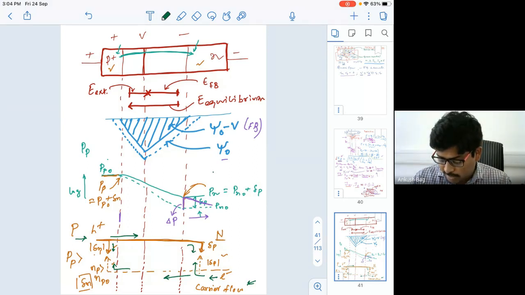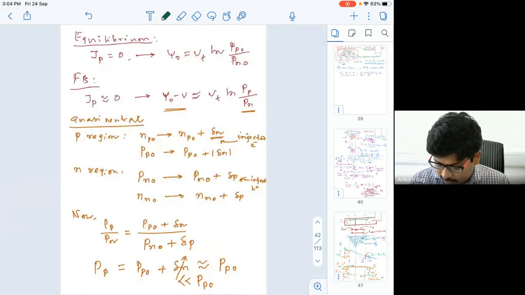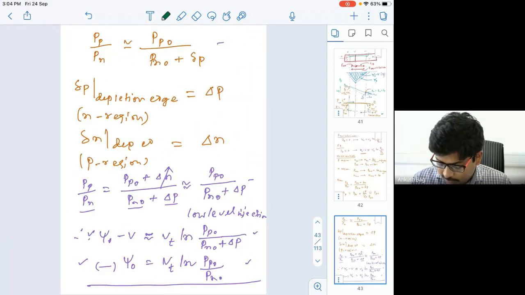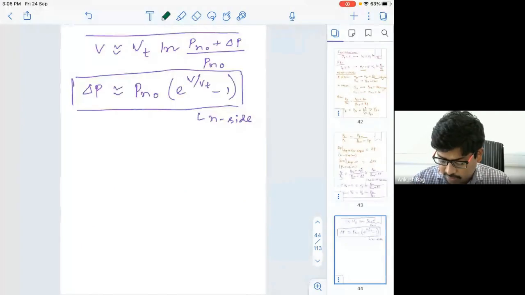If we can remember this carrier flow, then it will be easier for us to understand the current voltage characteristics of the diode. So then we have derived this